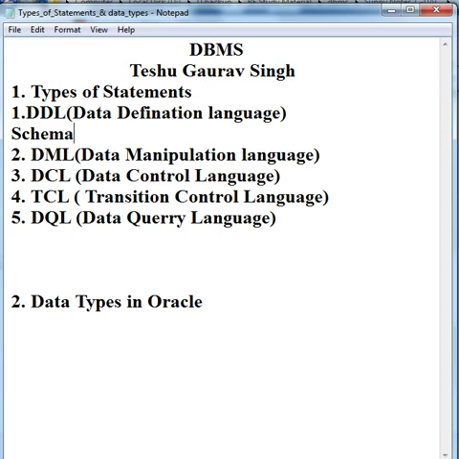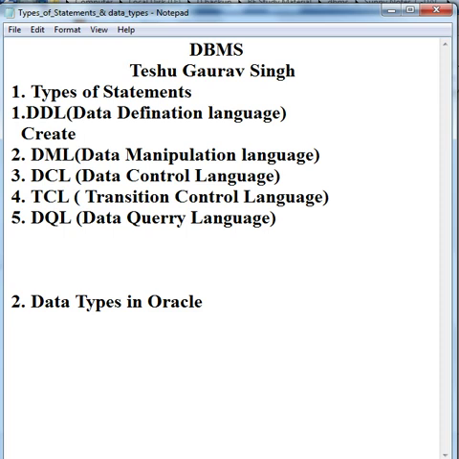If we change the name of the table, the number of columns, or the type of column, everything comes inside data definition language.